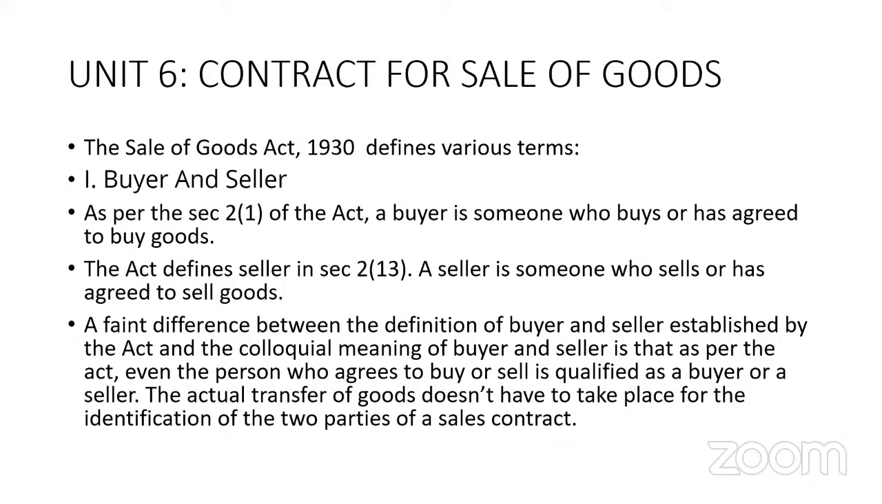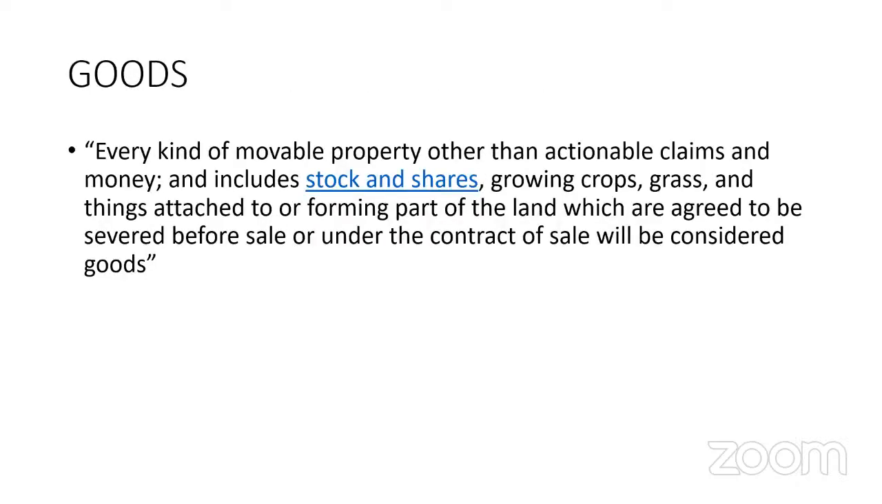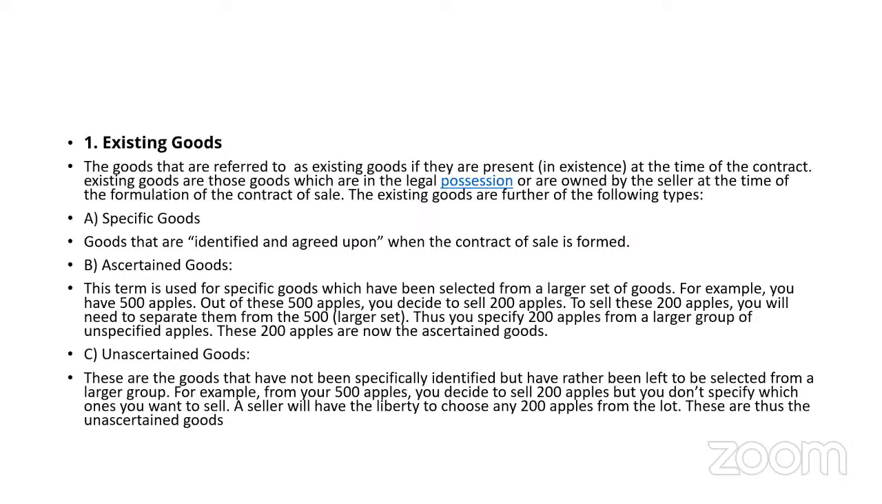Contract for sale of goods. Who is a buyer? A buyer is someone who buys or has agreed to buy goods. A seller is someone who sells or has agreed to sell goods. So that is a buyer and a seller. Goods are all kinds of movable property other than actionable claims and money. Even stock, shares, grass, growing crops, timber which is part of the land, even these can be called goods. And goods can be of three types: